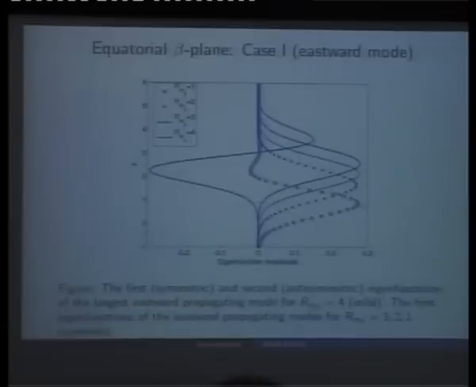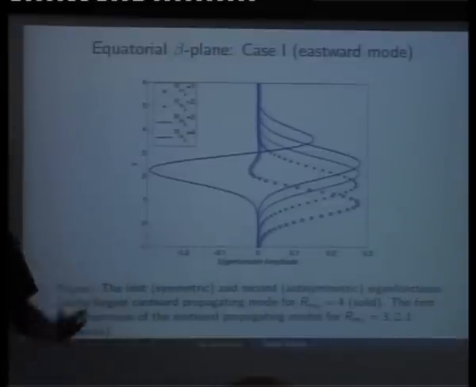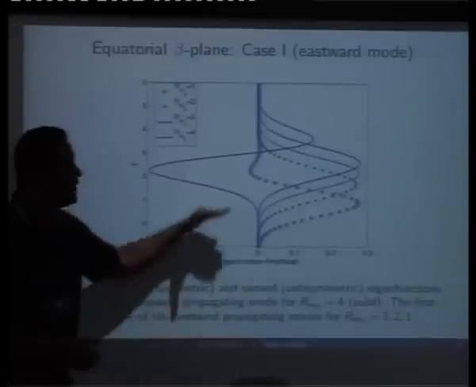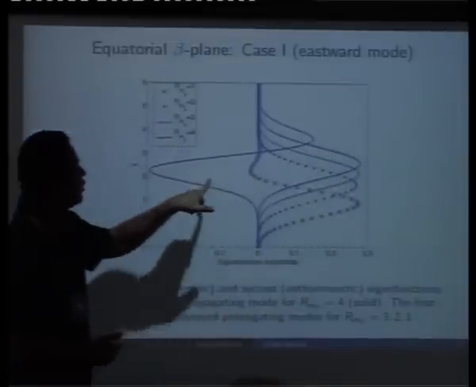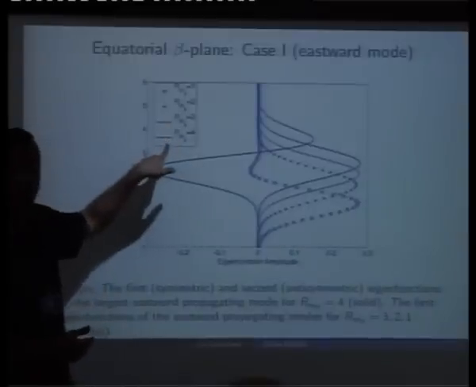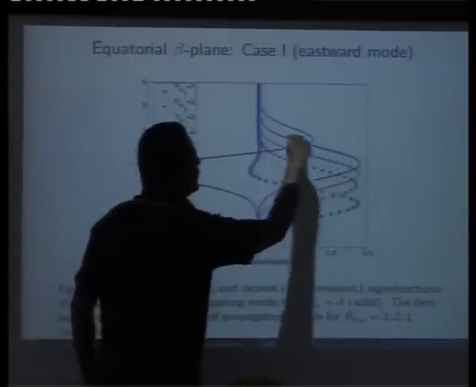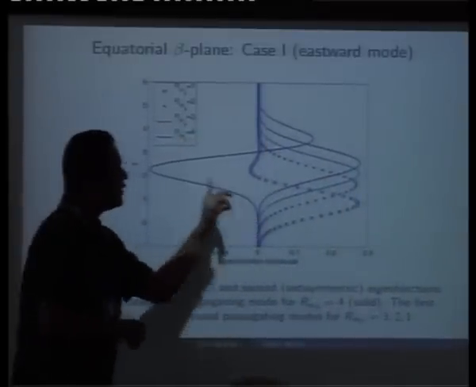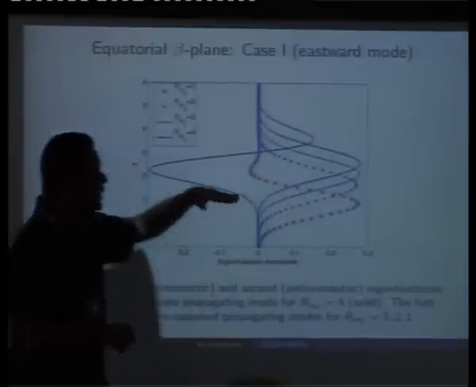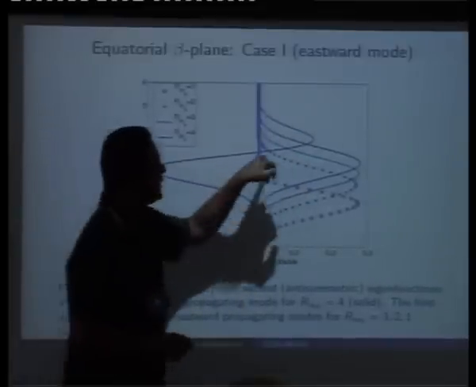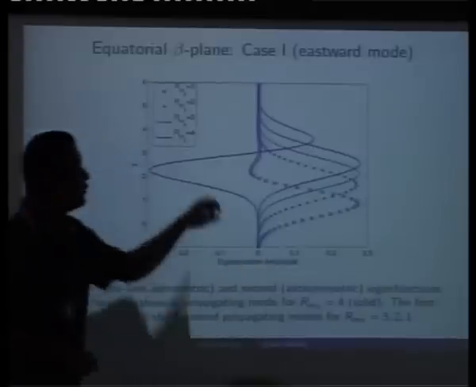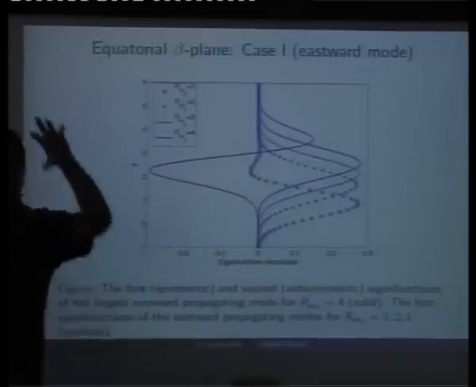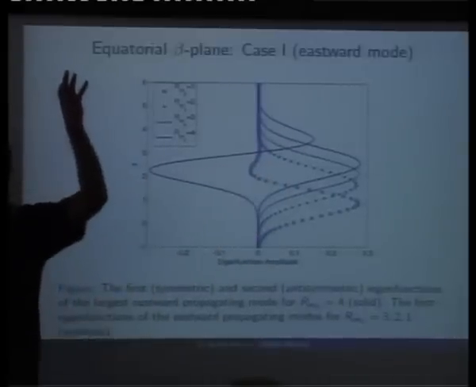Now, one can ask oneself what the eigenfunctions associated with this mode look like. You immediately find that the eigenfunctions are off-equatorially located. The first eigenfunction is Gaussian. I've shown you the bold lines for Rm beta equal to 4. That is Gaussian in nature. The second eigenfunction is asymmetric. It is not perfectly co-located. The zero crossing does not match the peak of the Gaussian. Therefore, the structure associated with this mode is going to be shifted from the Gaussian center.